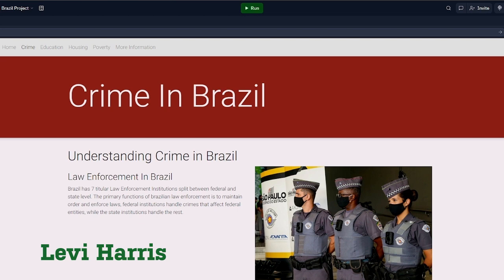The UN Sustainability Development Goal that I decided to focus on is number 16, which is to promote more peaceful societies, justice, and to improve institutions at all levels. I feel like this goal has a good correlation with crime in Brazil, so that's what this page will be